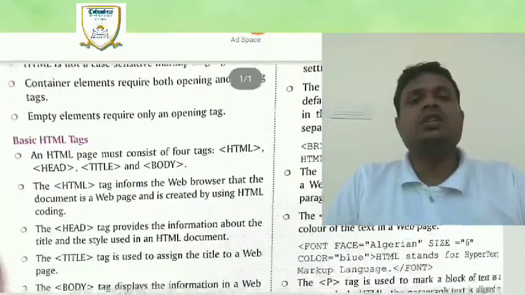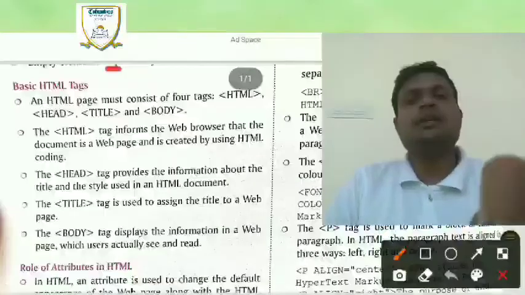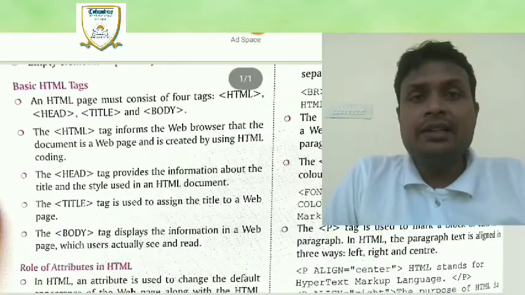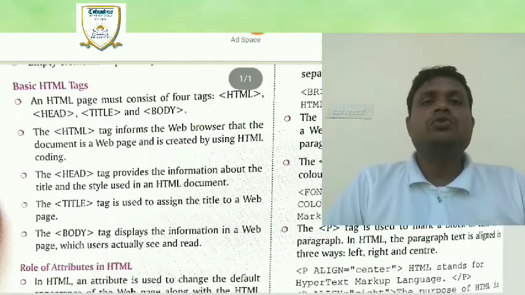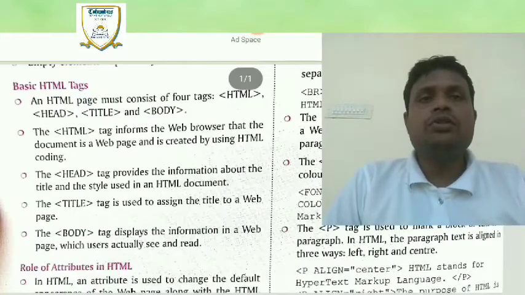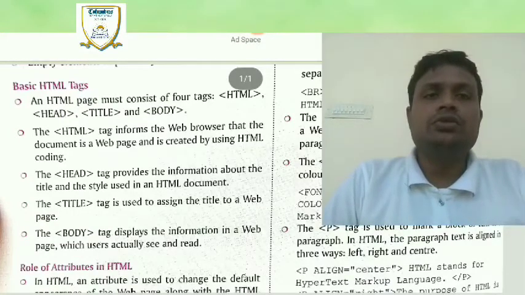Students, you just see the basic HTML tags. Those are very necessary, and by using those things you make HTML web pages. Those things I tell you today.